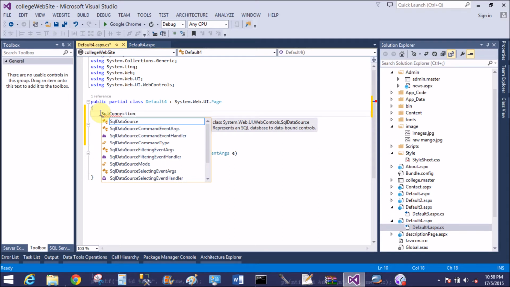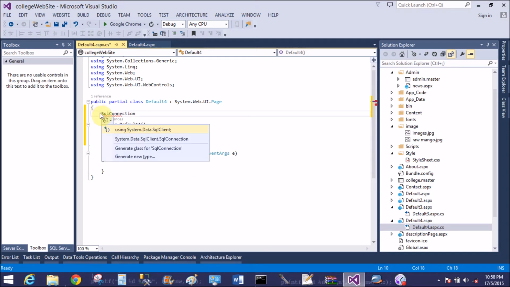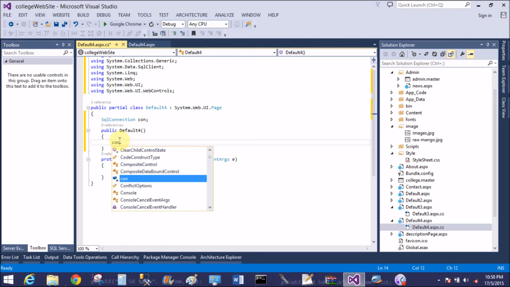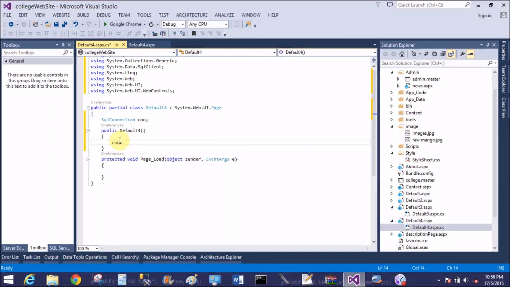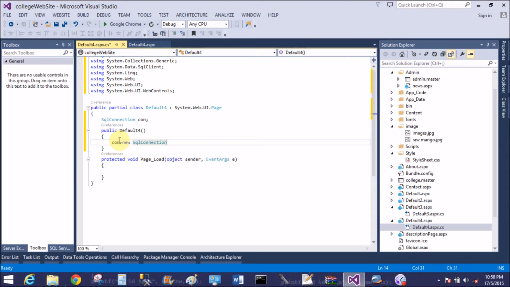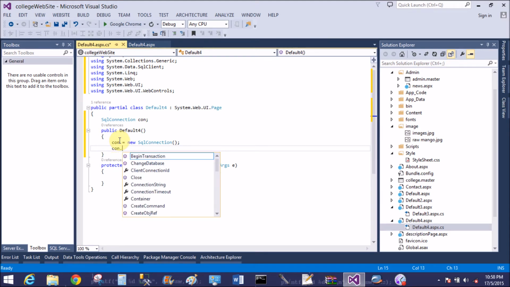So SQL connection, the namespace is not there, so add the namespace System.Data.SqlClient. Assign an instance of the SQL connection class, that is con. Now con equals new SqlConnection, make the object of that class, con.ConnectionString,